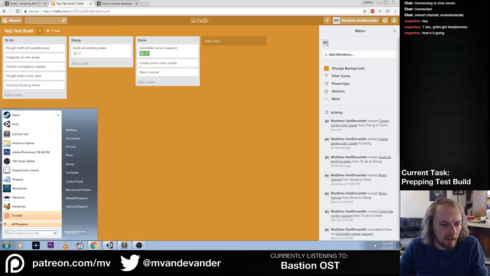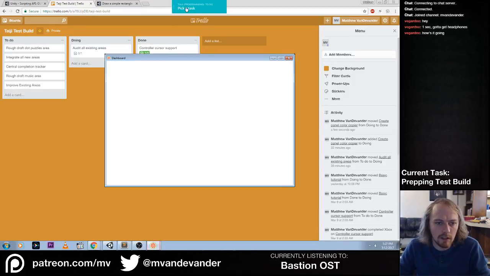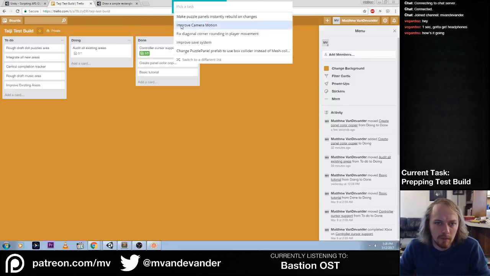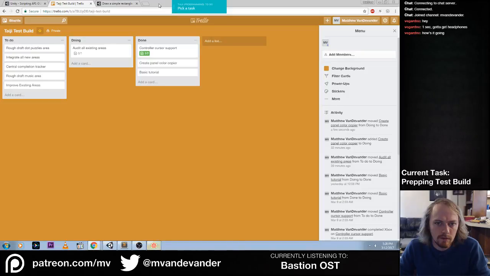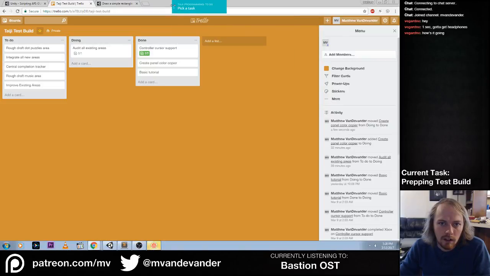I've been wondering about, I downloaded this thing called Pomelo, which is a task management thing that goes on top of Trello and lets you basically pick a task, and then it gives you a Pomodoro timer, which is like a 25-minute timer, and so it keeps track of your time on all of your Trello tasks, which is kind of interesting, because then I can just kind of go through here and be like, okay, what's the thing I want? I'd have to change my list,